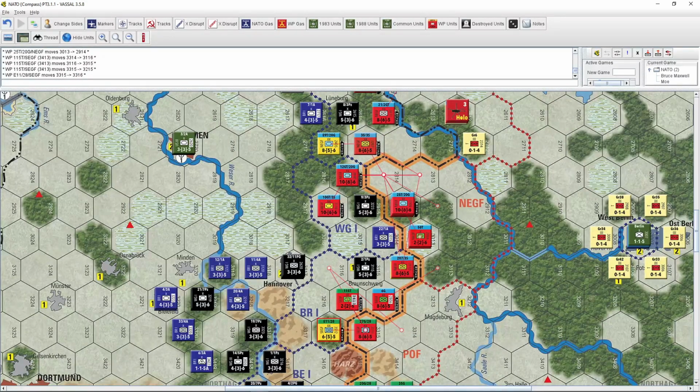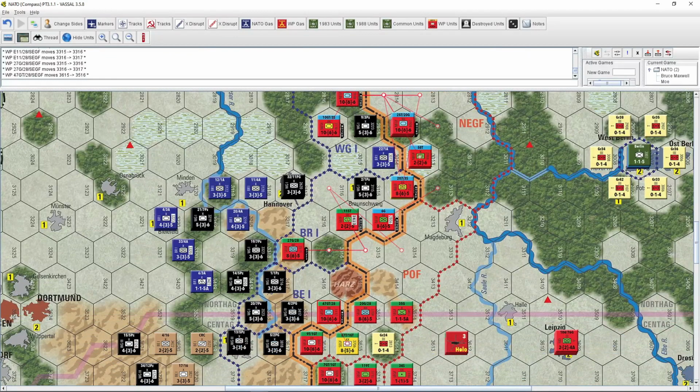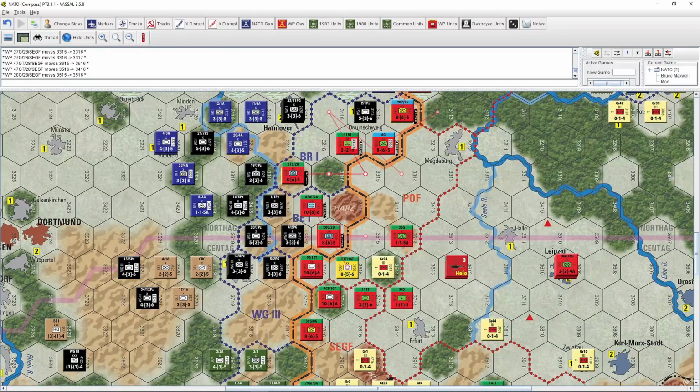Here I go 1, 2, 3, 4, 1, 2. The extra is for crossing the border. 3, 4. That works. Here go 1, 2, 3, 4, 5, 6. There. Now this tank division is going to go 1, 2, 3, 4, 5, 6. Now I want to punish the US. Go 1, 2, 3, 4, 6. 1, 2, 3,